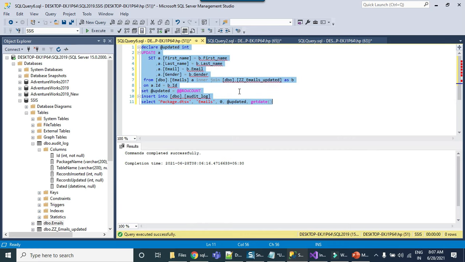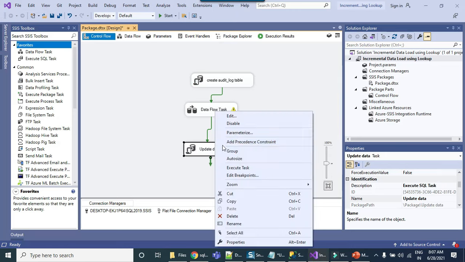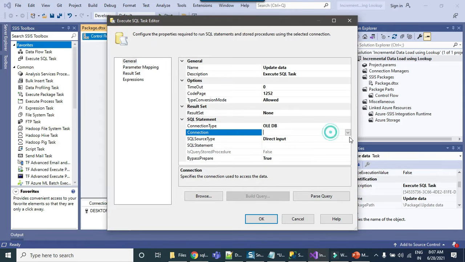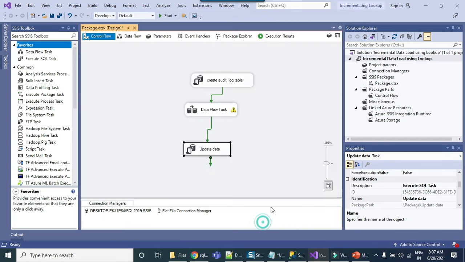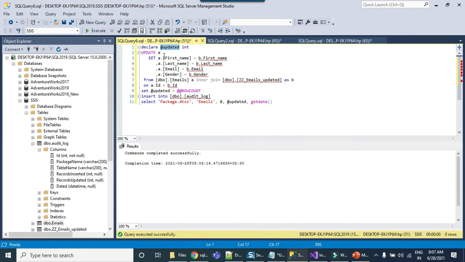Just copy this particular query from here and then put the query in the execute SQL task. So just select the connection, write the SQL statement here. Okay, so this is fine. Updated records will come from this updated variable, which will be filled from the row count.